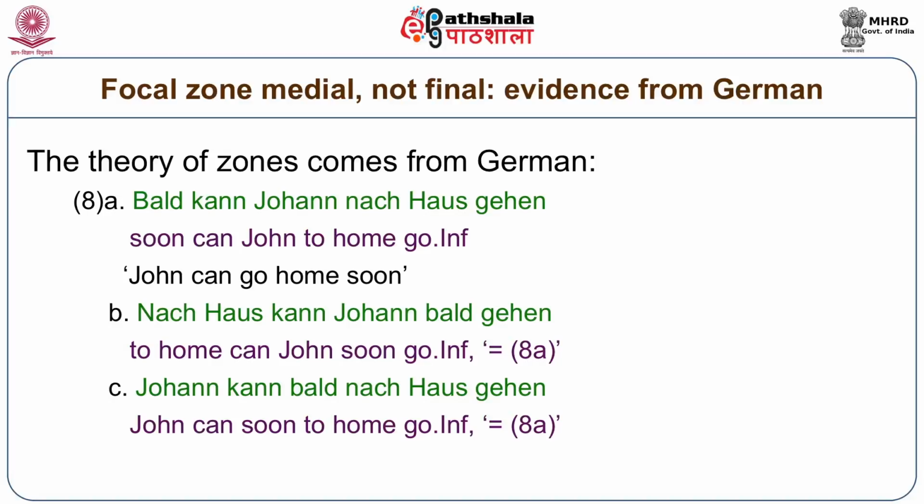So, the middle zone in which the focus can appear extends between the two goalposts. Now you begin to understand why there is yet another zone to the right of the focal zone. To the right of the focal zone, you can get additional material. Now let us add some precision to this description of the middle zone.